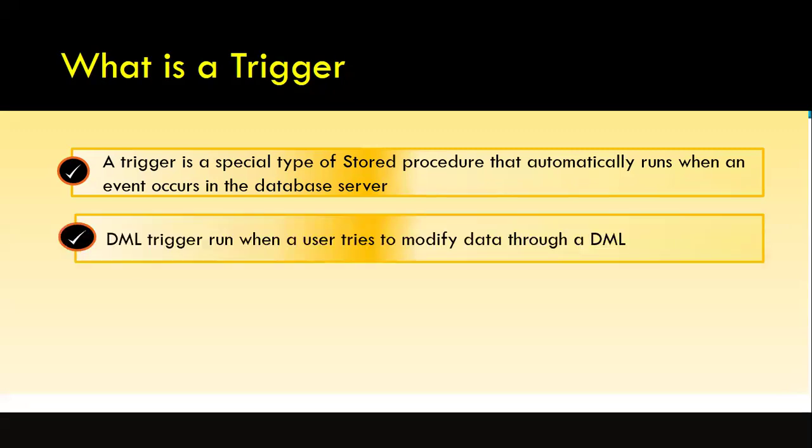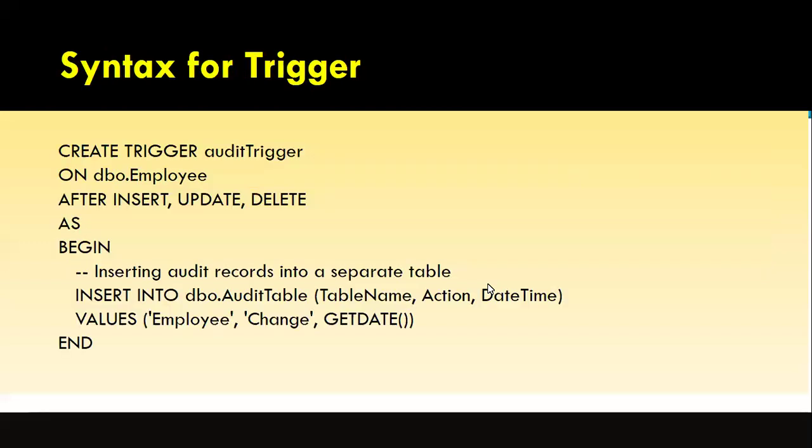And the DML trigger runs when a user tries to modify data through a DML. So what is the syntax for this one? Create trigger, trigger name, on, this is a reserved word, which table. We can create a trigger for a table itself. After insert, update, delete as begin insert. So for example, if somebody makes some changes to the employee table,